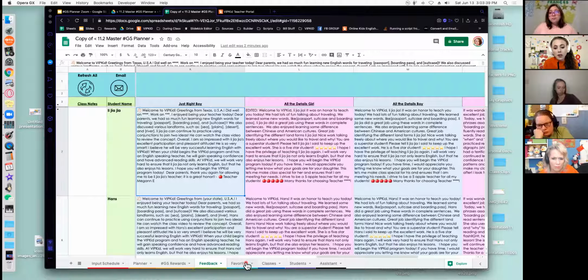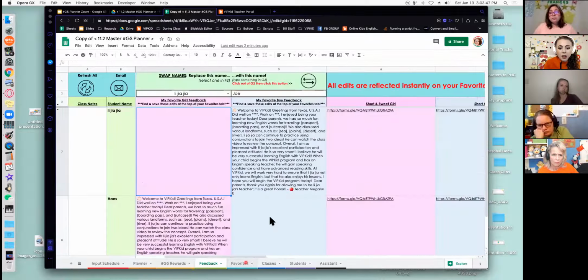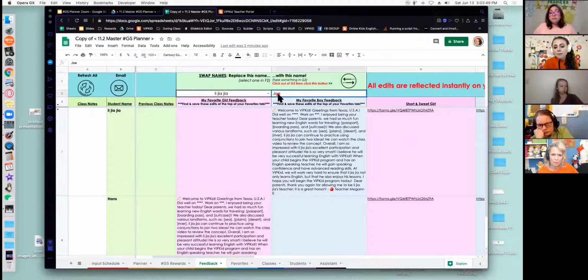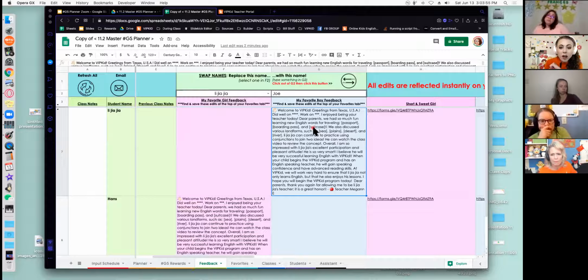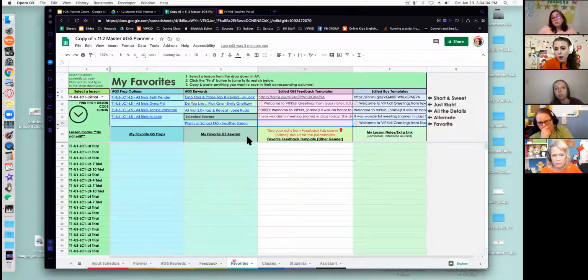And then maybe you can save and designate your favorites. And after the fact, go and use that name swap button that we were looking at earlier. So let's say I saved this template already as my favorite, I can actually come back here and do that name swap again. That way it doesn't interfere with what populates. So, yeah, the favorites tab is